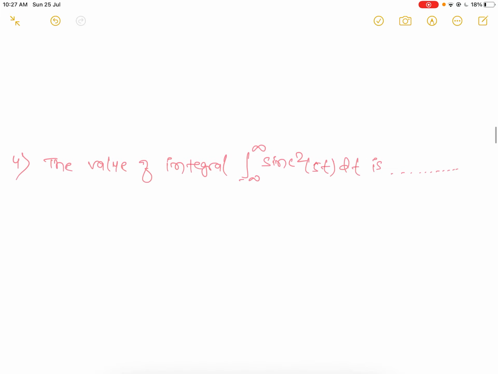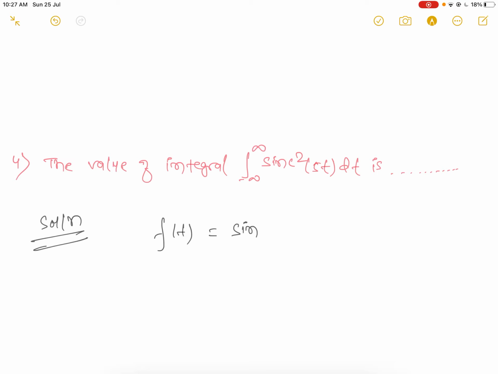Now comes to the next question. The value of the integral from minus infinity to infinity of sinc square 5t dt is. So we know the solution: f(t) is equal to